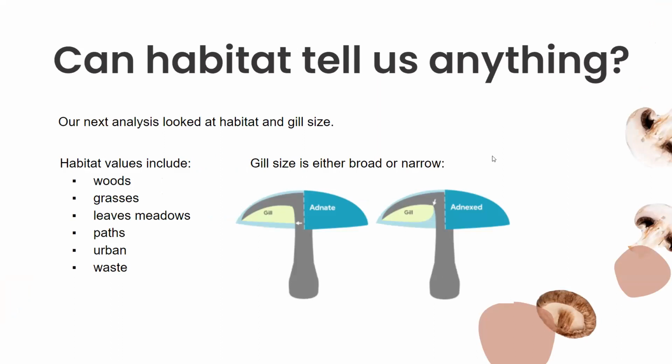So I decided to look at habitat and gill size. So the habitat options you can see there, I feel like there were 7 and I have only 6 listed there, which now I'm a little concerned about. I'll check on the next slide. I must have missed one. Gill size, took me a while to find some graphics of it, but you can see kind of right there in the middle where the gills attach. So if it's got a broad attachment, that's what broad means. And if it's only attached up at the top, that's